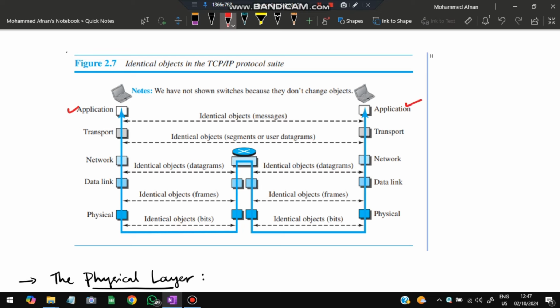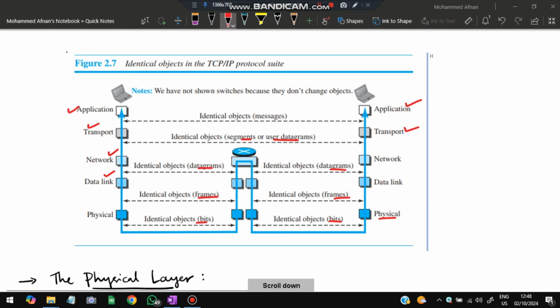Application, this is also the application layer, and here we have the transport layer, which sends the segments or the user datagrams. And in the network layer also we have the datagrams. In data link we have the frames. Here also we have the frame. In physical we have the bits in which the data is getting transferred. So this is called the physical layer. And all these things are the same on both sides, so they are called identical objects, and the principle is verified. Okay,